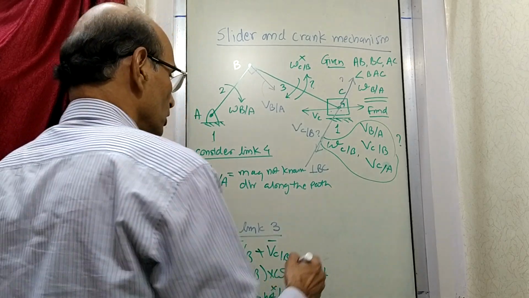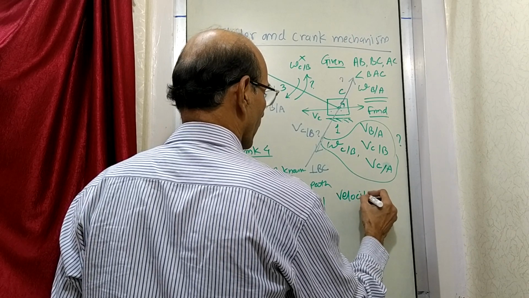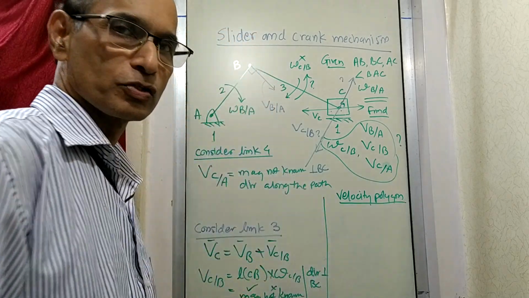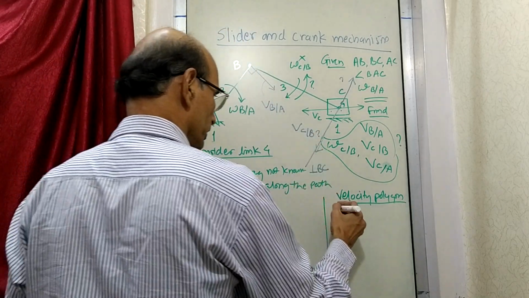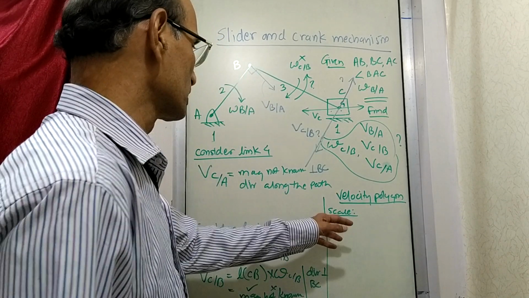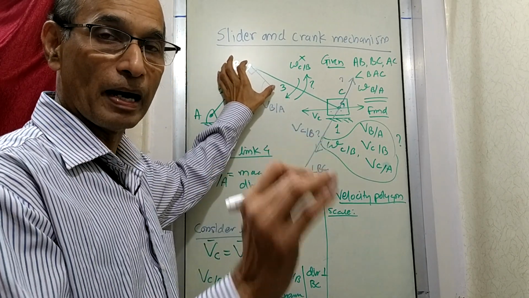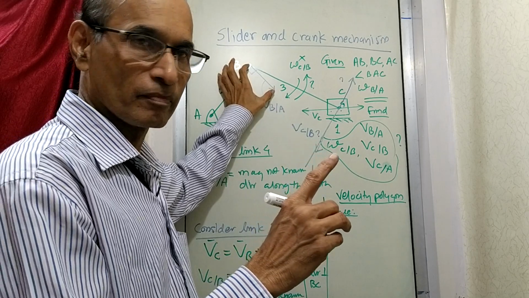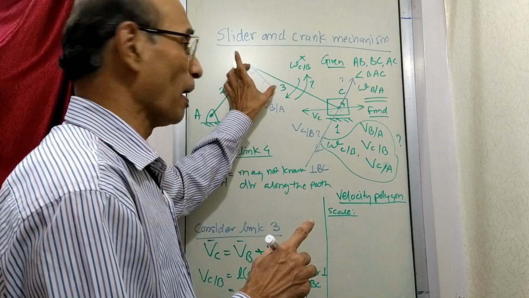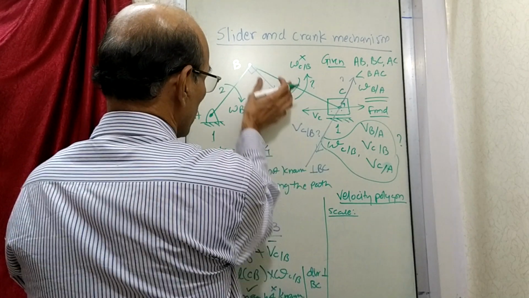So now is the time to draw the velocity polygon, which I will start from here, like last time. For doing that, we first have to set some scale. And how do you set a scale? Velocity of B with respect to A. This velocity we know completely, by its magnitude as well as direction. This is the direction and magnitude we have calculated, omega into r. So by that magnitude, you decide a certain scale, and now we draw this vector here.